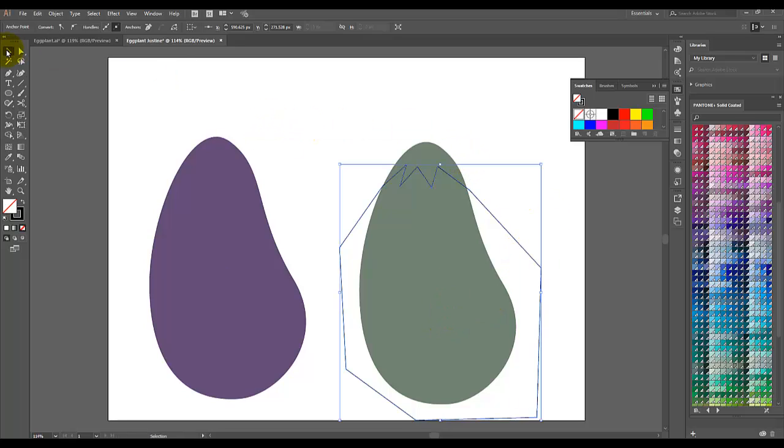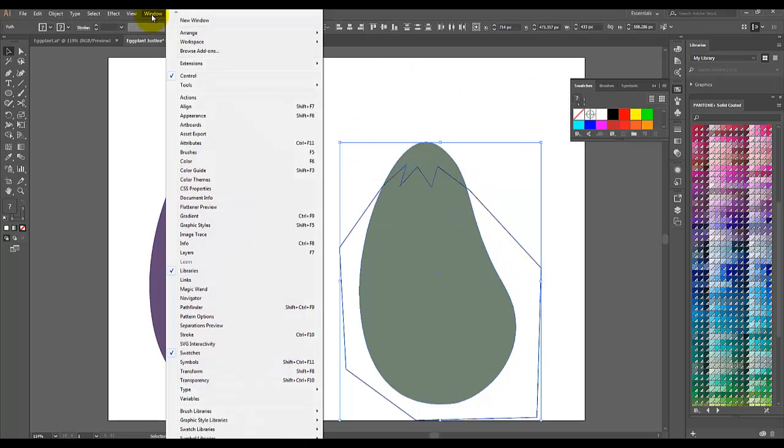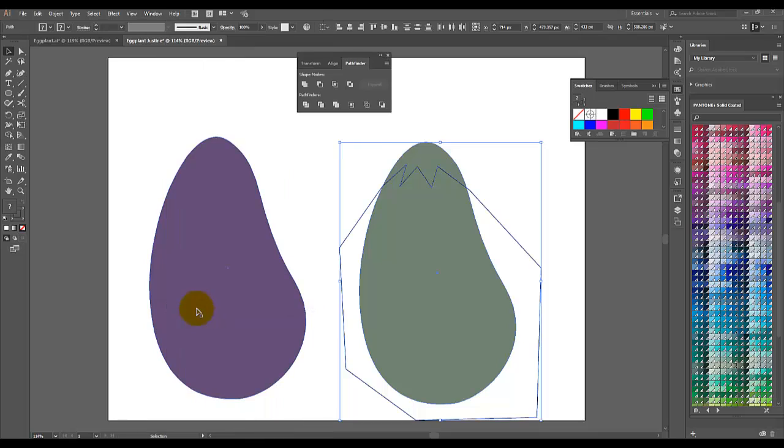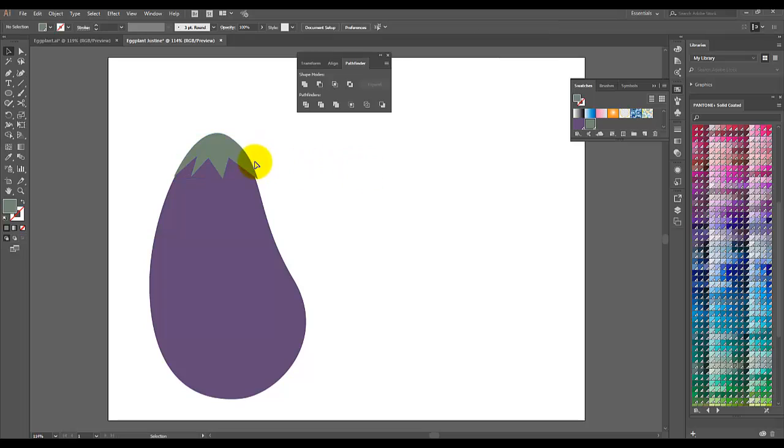Now with the selection tool, I will grab both of these and open up under Window the Pathfinder, there it is, Pathfinder, and I will subtract the front. So there is my leaf shape right there. I'll put that on the top, and now all I have to do is make a stem. So with